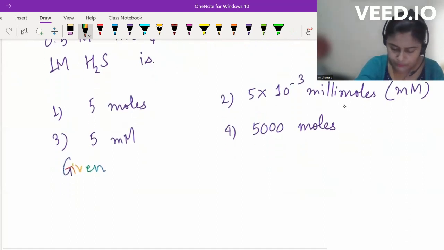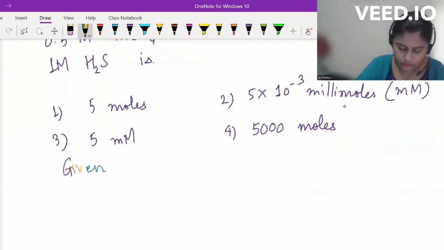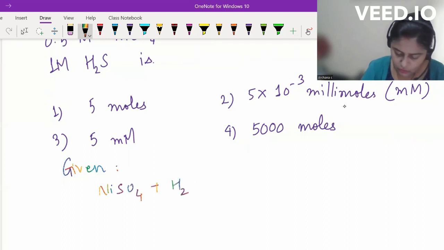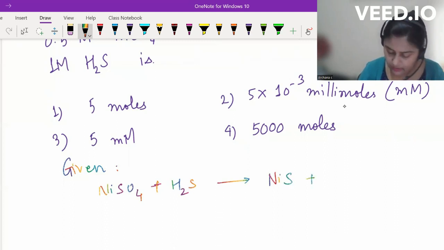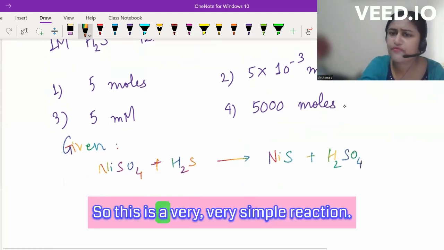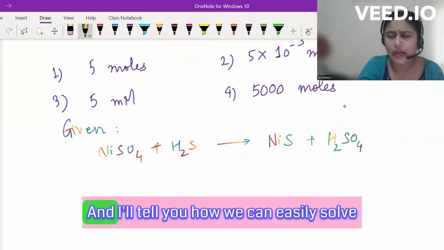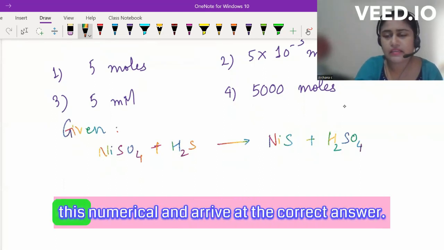So nickel sulfate plus H2S will give you NiS, that is nickel sulfide, and the side product will be sulfuric acid. So this is a very simple reaction,